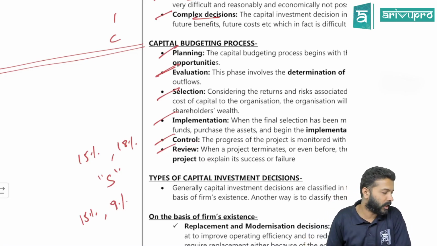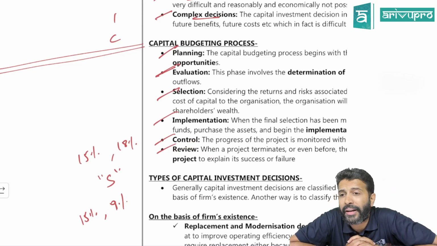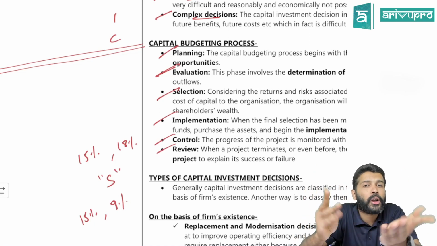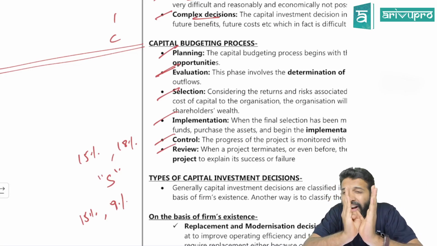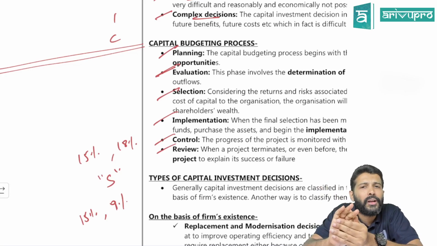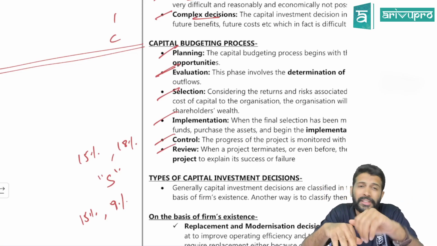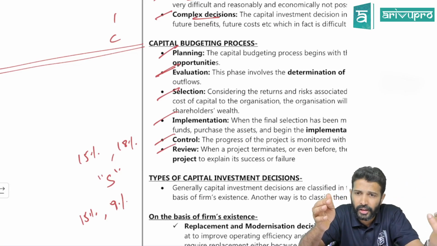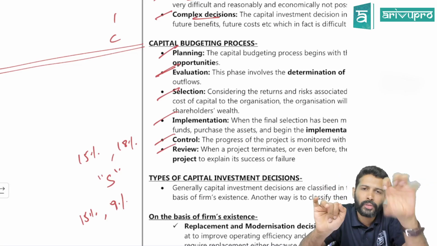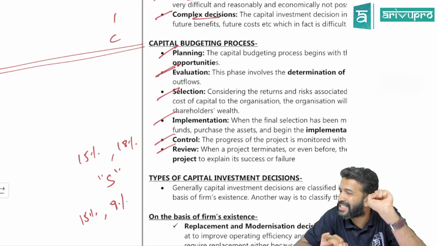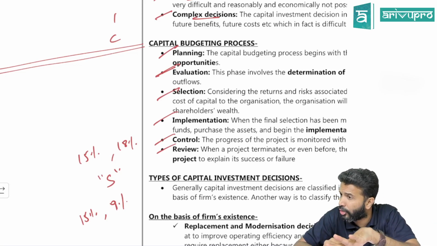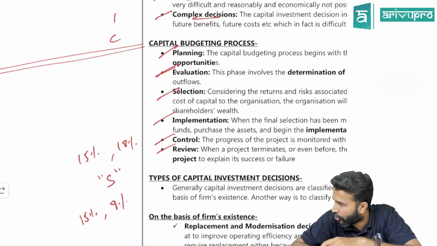Okay, these are the steps involved in the process of capital budgeting. What are those again? First is your planning. At the planning stage, you identify what all opportunities or investment opportunities are available. Then you will evaluate each of them. Okay, how much is the risk involved in them? How much is the reward involved in them? Cost involved, etc., etc. You do the analysis. That is your evaluation. After evaluating, what will you do? Whatever suits you based on risk and reward, you will select one. After selection, you need to acquire the necessary resources to implement the project. To get the project started, you need to buy whatever resources are necessary.